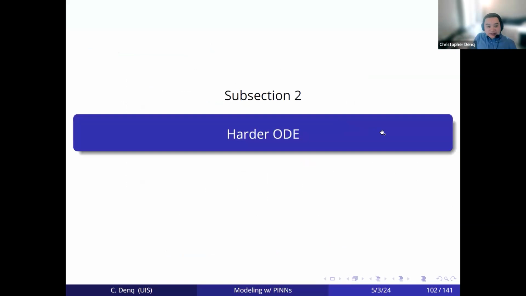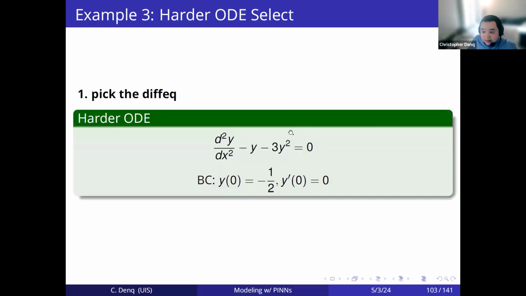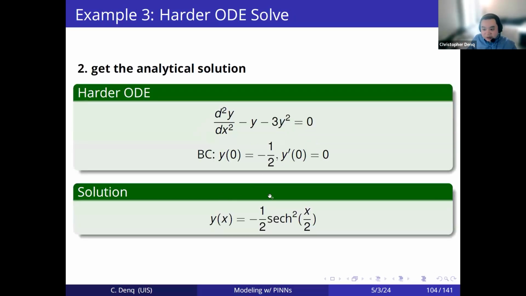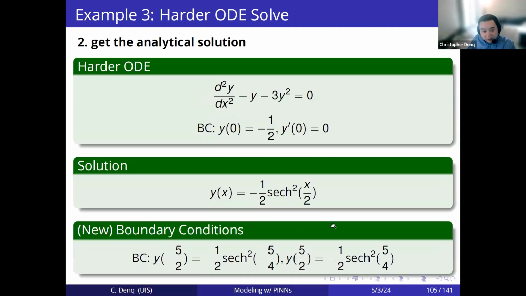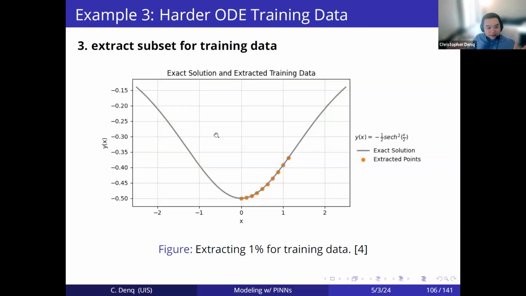So far, these two examples have been first order differential ODEs. And the idea is maybe we want to test to see if PINNs will do better on more complex equations, right? So here is a class of examples related to harder ODEs. So again, the same thing, picked a harder ODE. In this case, it's a second order. We picked the ODE, solved it analytically, set the boundary conditions, and then again got the training